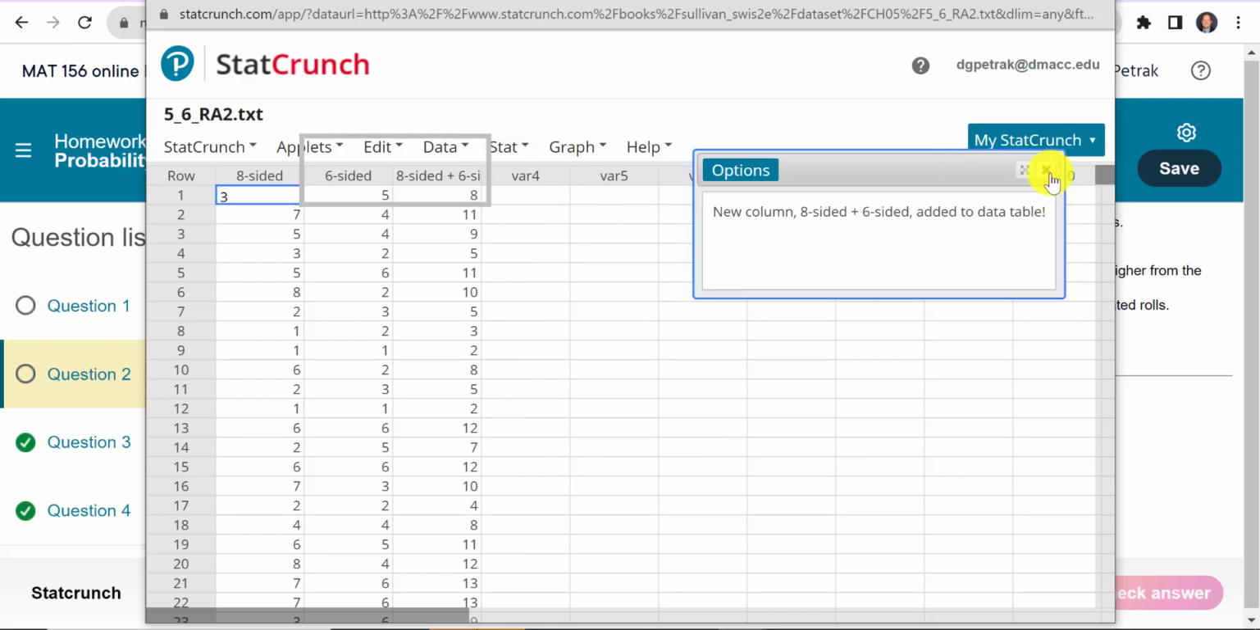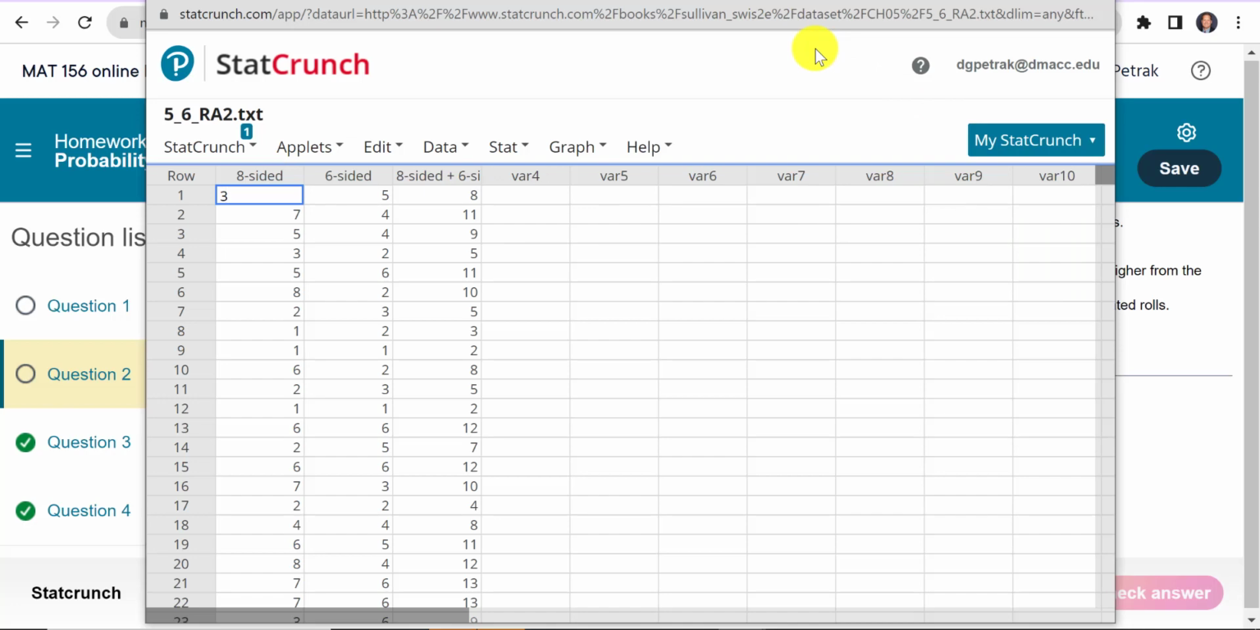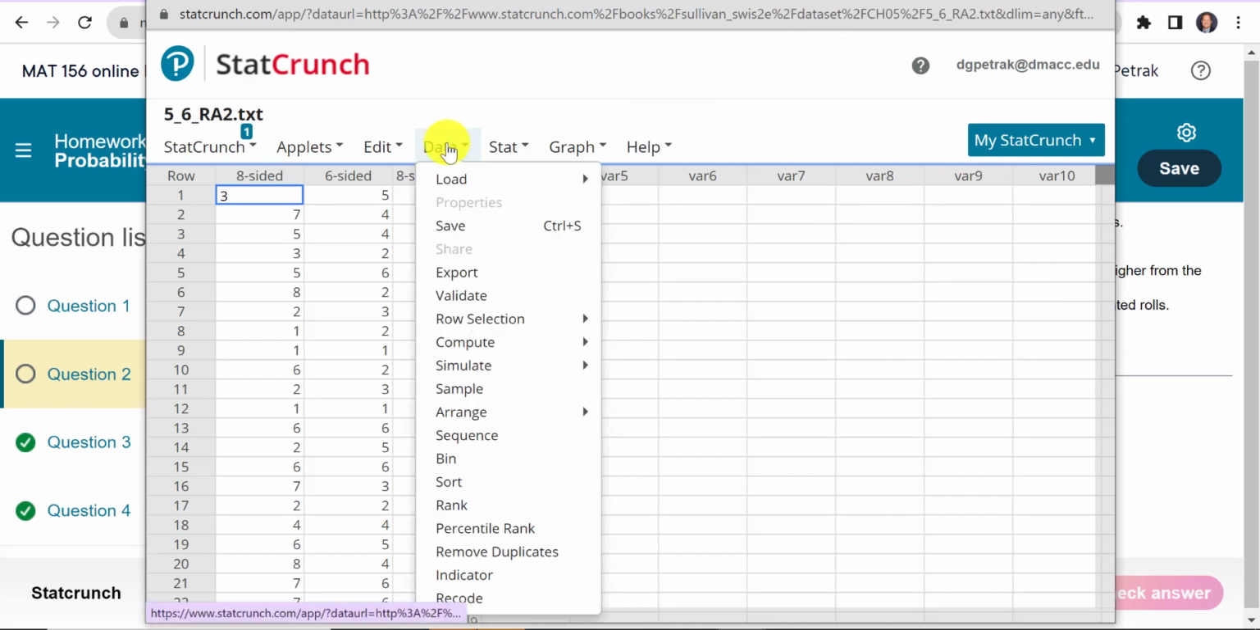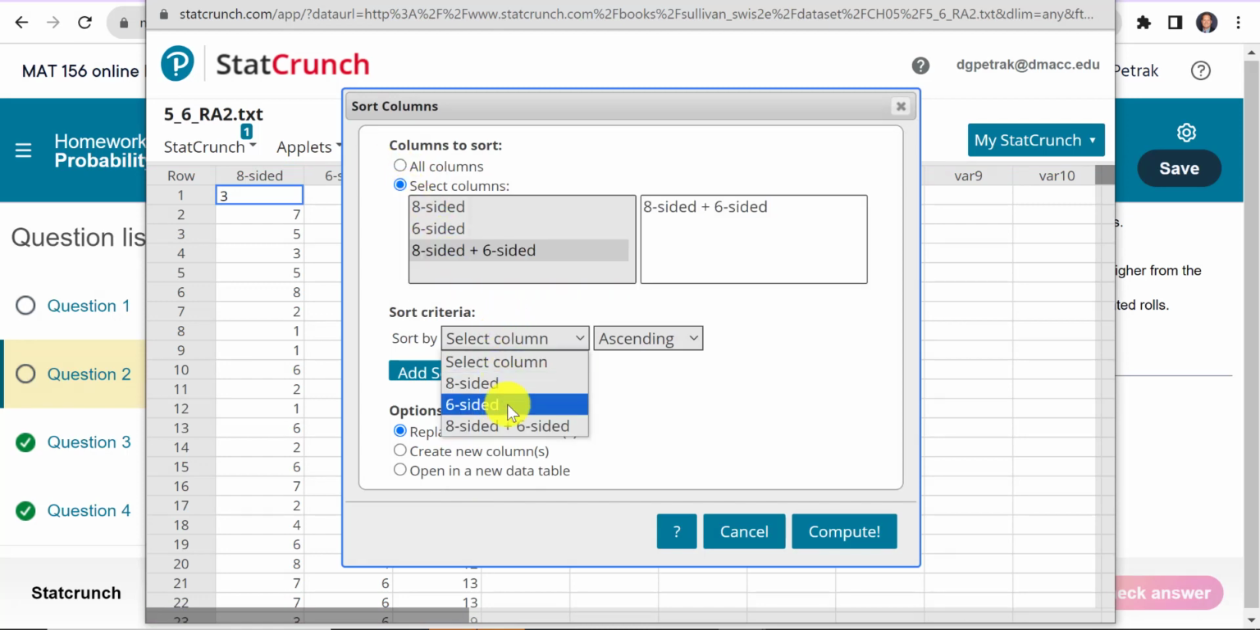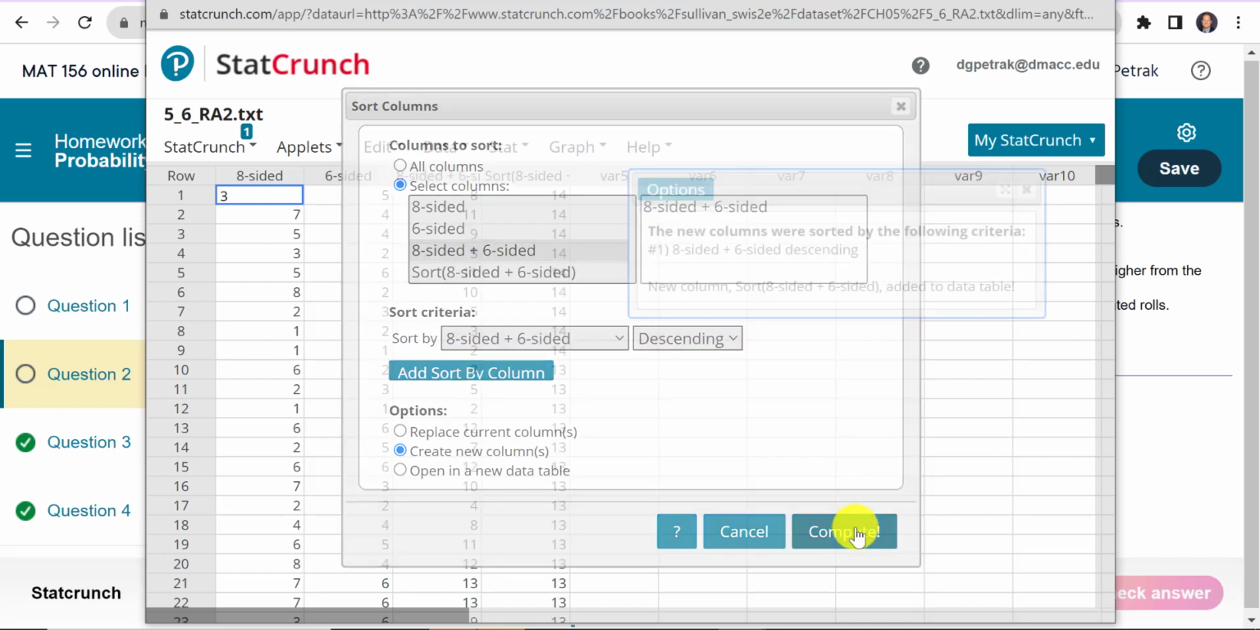You also are going to want to maybe find out how many are 10 or more. You want to sort it. Again, we can go Data, Sort, and we can click that column, the sums, and we can create a new column. We can go ascending or descending. I think descending makes more sense because I think they're looking for like 10 or higher or something like that,